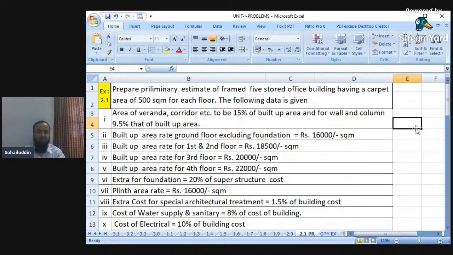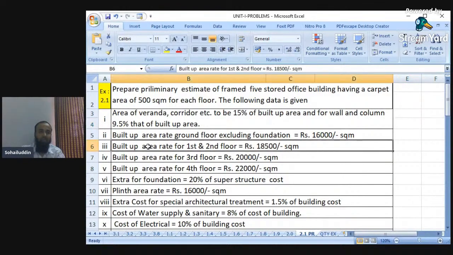Rates are different, but the problem is totally the same. Rates, percentages and little bit of calculations will be different. The same is to be written in record books, but in order to avoid copying, a somewhat different problem has been framed with some different data. So some percentage, some area or some rates will be different. As usual, serial number 3 is the built up area rate for first and second floor, given as 18,500. Built up area rate for third floor has been given as